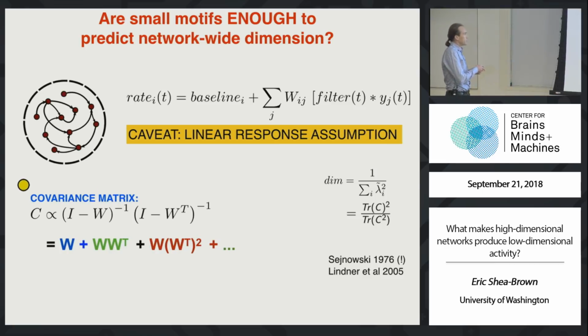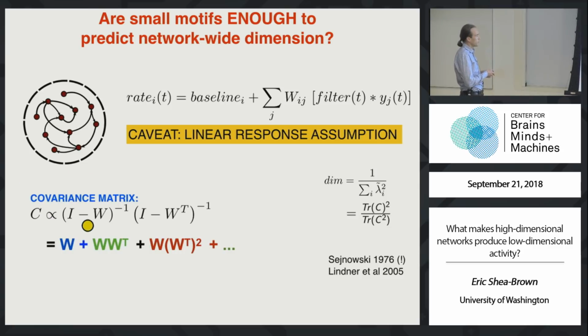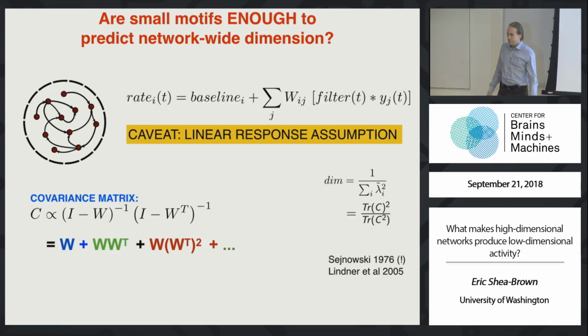Okay, so the covariance matrix of a spike count in sufficiently long windows is given by this formula, and I'm expressing that I'm not satisfied with it because although it's something that you could plug a W into, I don't find it very intuitive to think about what happens when you take a bunch of inverses and transposes and multiply them. I don't see what the key features of W are that give rise to high or low dimension, and I especially don't see what that is when you plug it into some trace formula and then take all sorts of squares and things like that. So this is not an intuitively or conceptually useful expression yet, or at least we could make it more so.